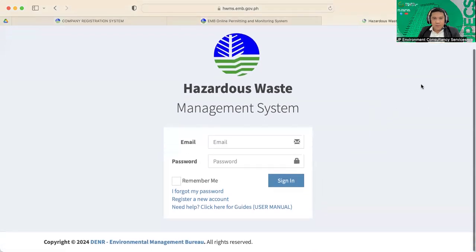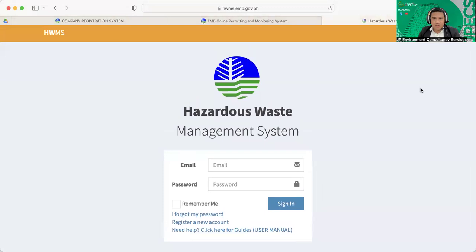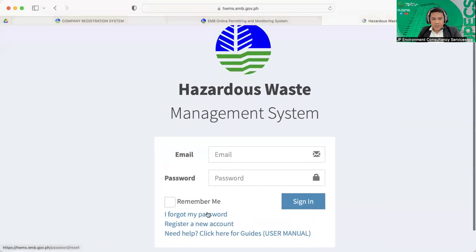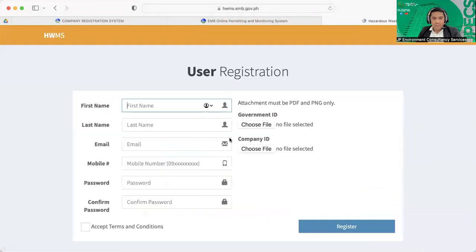So to create an account in the hazardous waste management system, we can click register a new account. So we need to provide first name, for example Juan, last name Cruz, then email jpex@gmail.com, mobile number 0998-543-5477, then password, confirm password.